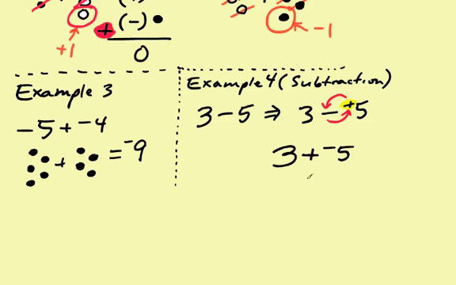So the dots tell me that I have 5 black dots, and they're being added to 3 white dots. I know that I cancel, and we'll do that right now. 1 white dot cancels out 1 black dot, 1 black cancels 1 white, and then 1 white cancels 1 black, and the answer that I have left over